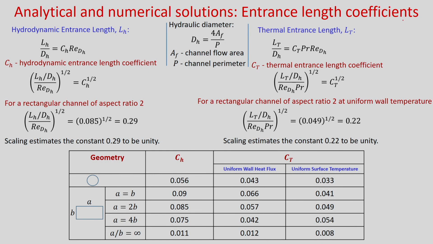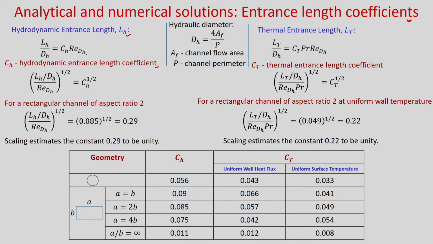So, now we will define the entrance length coefficient. This C h is known as the hydrodynamic entrance length coefficient, and it is given as L h by d h, considering the hydrodynamic entrance length equal to C h, your hydrodynamic entrance length coefficient, into the